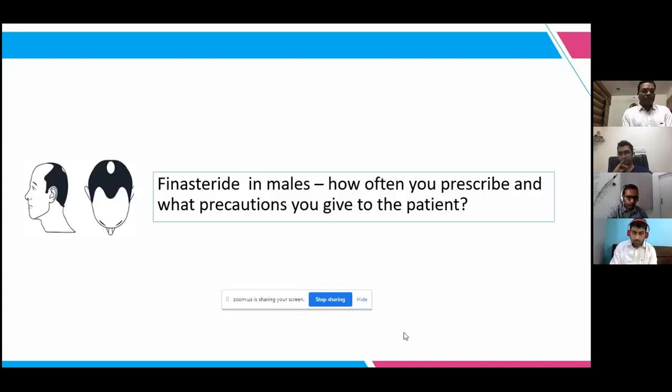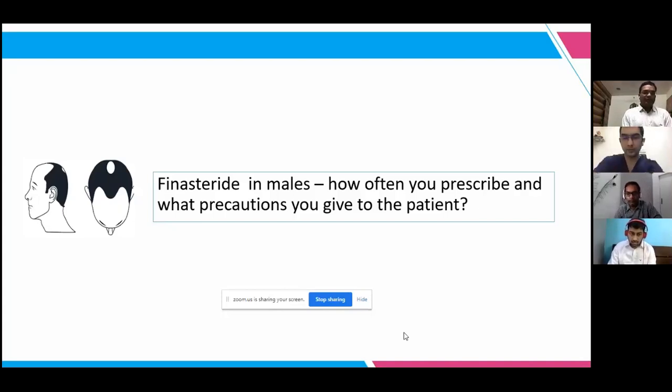This is to reduce the side effects. Do you have any clinical studies on this? You should have done some clinical studies. Actually, that is a good idea. We have not done any, but we have that with dutasteride. Even when dutasteride is given at a 1/4 dose, it is working. That is what they have mentioned.